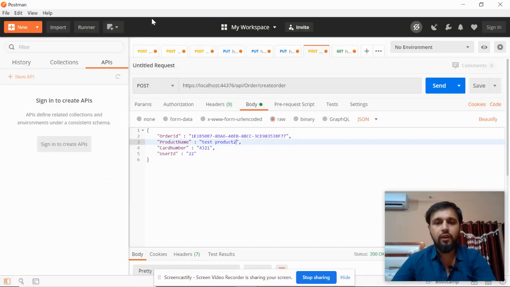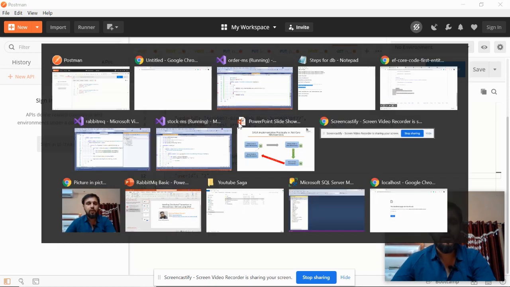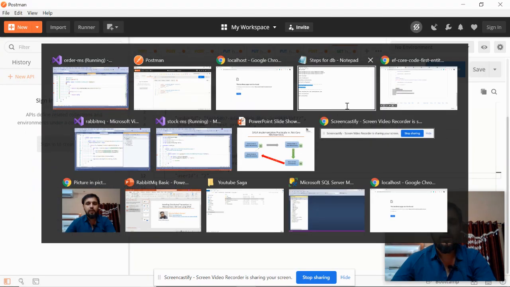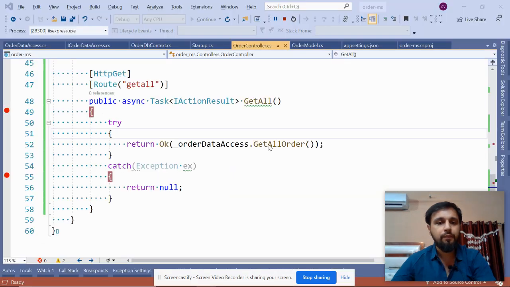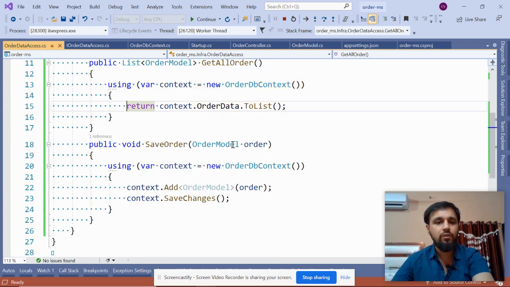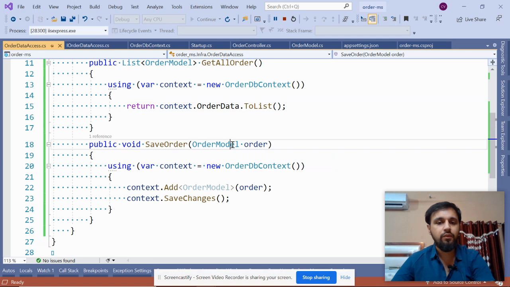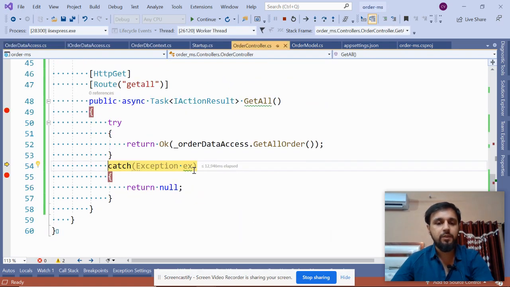You can make use of Swagger or Postman, whichever you feel comfortable with. Go to this get method, API order get all. Yeah, this is the method. Now click on the send button. It tries to get the data, and let's see what happens. It is trying to search for the database, which in reality does not exist, so we should get an exception. For that, I think we have to wait. Yeah, we have the exception. Let's read the exception.